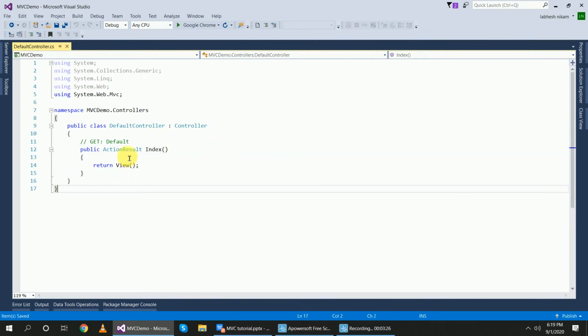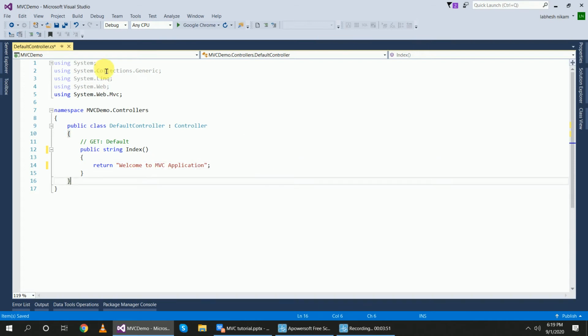Now in place of this function I will use a string method, right? So string, return welcome to MVC application.